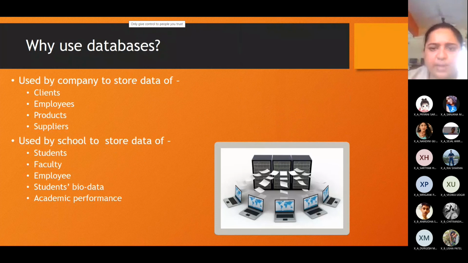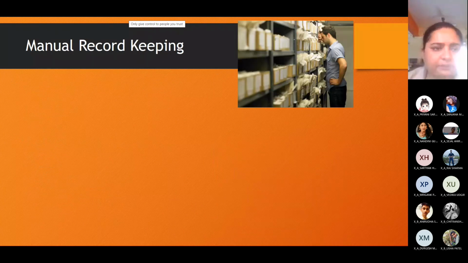It can be used by an institution, a company, a hospital. So any place where data collection is needed, they use a database to store data. In short, it is a digital record keeping system.